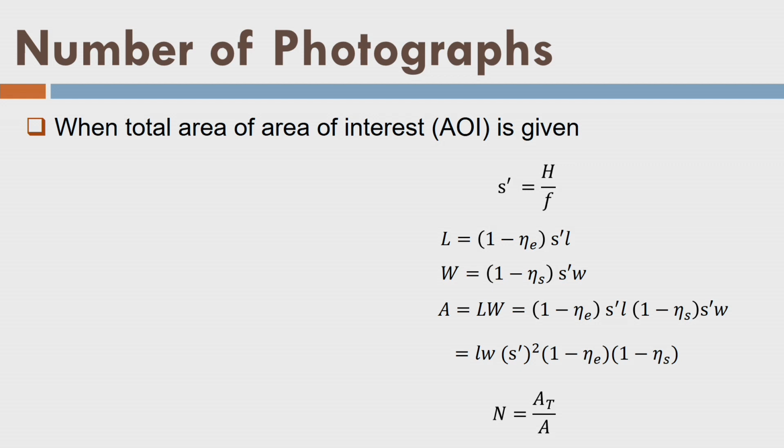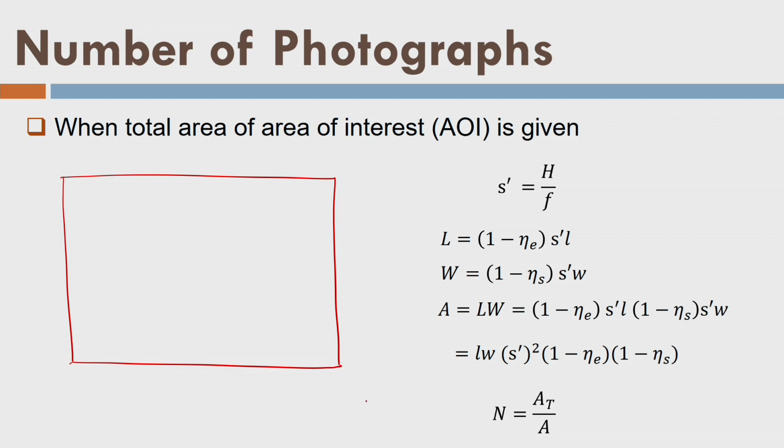Right. In order to acquire the photographs, I need to do a preliminary exercise, what we call flight planning. That means I plan my complete mission of data acquisition so that I can acquire the data with the minimum cost. So let us see, there are two possibilities here, and I want to find out the number of photos I need beforehand, before going to the field. Let us assume that this is the area, rectangular in shape, which is given to me.